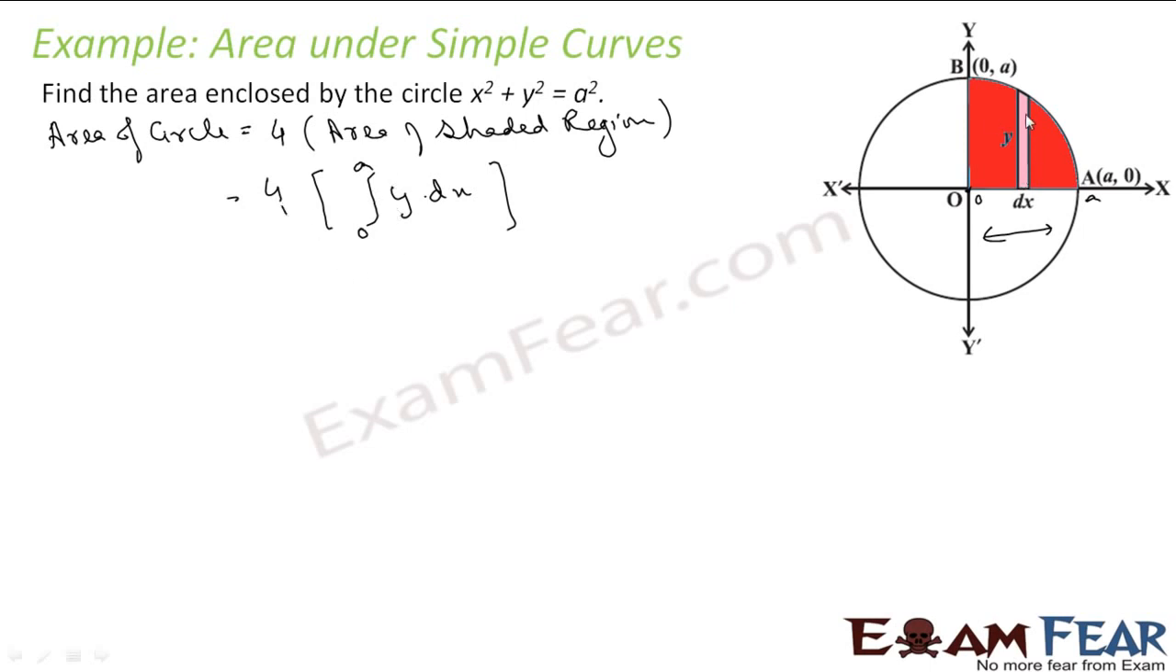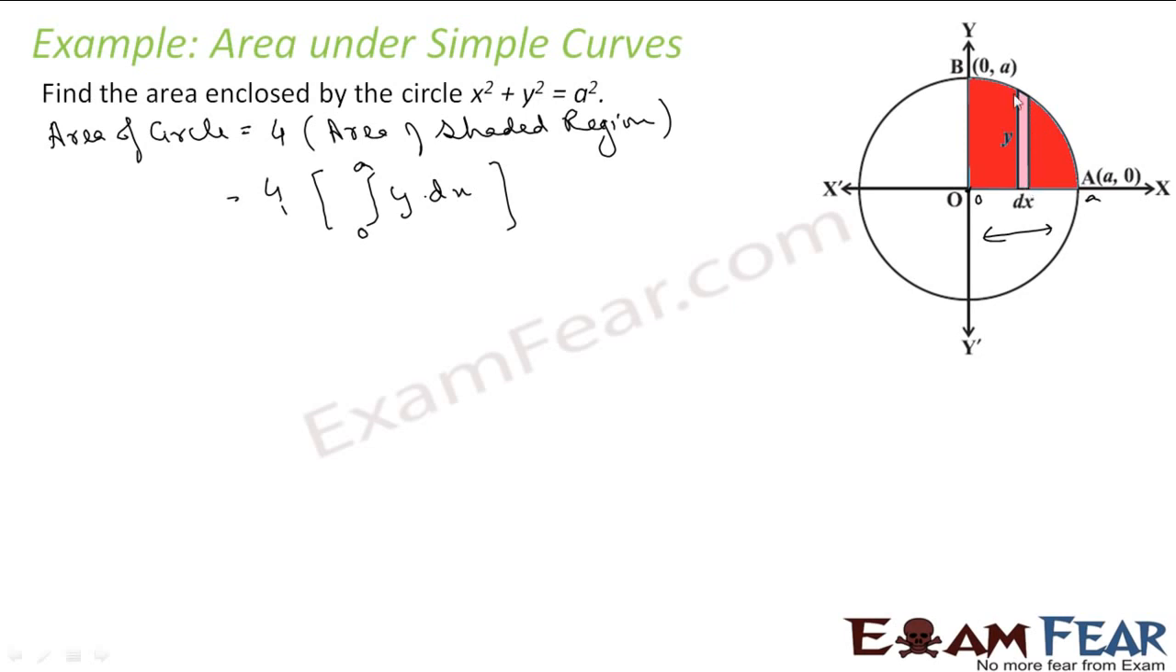Hope you understand why I have done this. Because in this case, I am saying dx is varying. In the next example, I'll solve the same question with dy varying, y varying. So now in this case it will be y dot dx, because at a given point you have this area